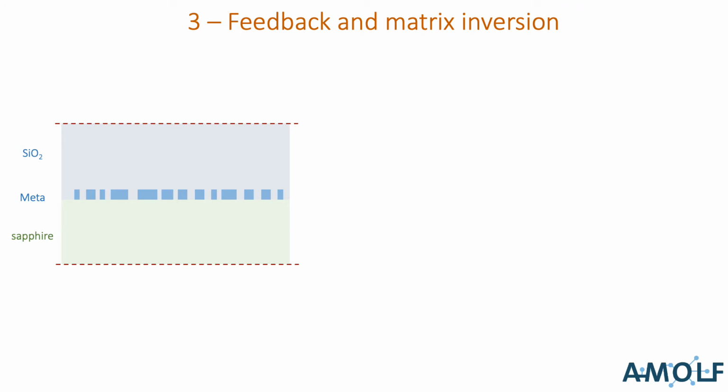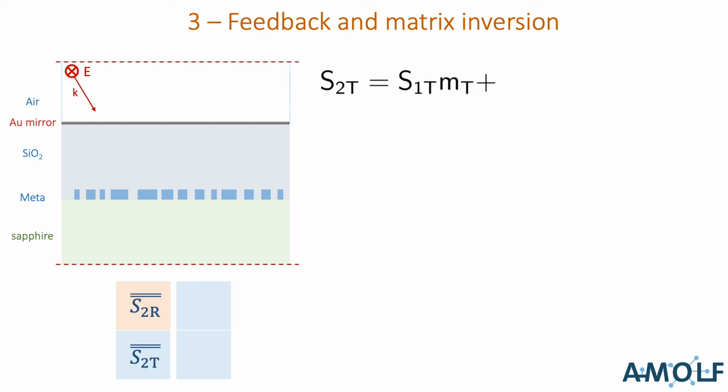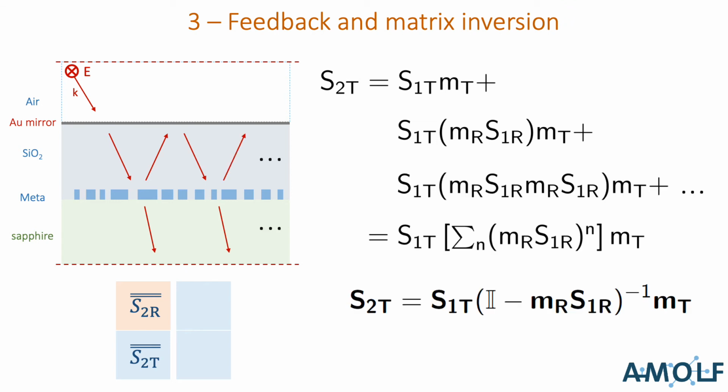So let's add the mirror and we follow the path of light to see how we get the Neumann series in such a case. So the transmission block of the scattering matrix of the entire stack, including the mirror, is composed by a sum of terms. The first term is light transmitted through the mirror and the metasurface, where MT in this formula here is the mirror transmission. Now we also have light that is reflected by the metasurface and the mirror and then transmitted. So that's the second term appearing here, and so on and so forth, for multiple passes. So we end up with a Neumann series,